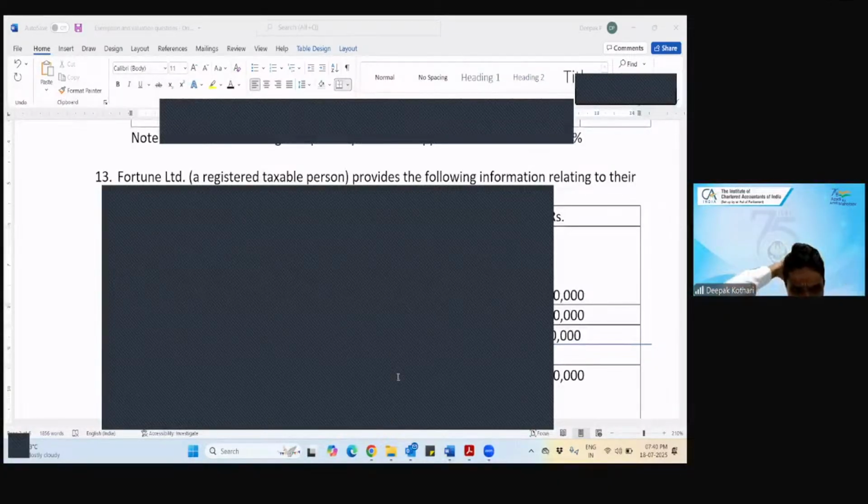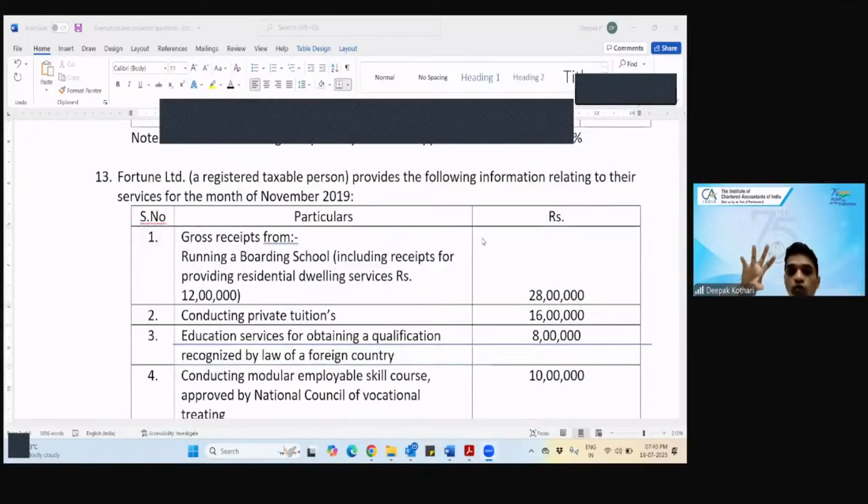If a student makes a few points correct in such a question and a few are wrong, what would the marking be like? In CA exams, there's no marking for the total answer. If a few are correct, for each correct thing there will be a mark allotted. Say the question is for 14 marks, 2 marks for each point, and 2 marks for your justification. That's how the marks are generally bifurcated.